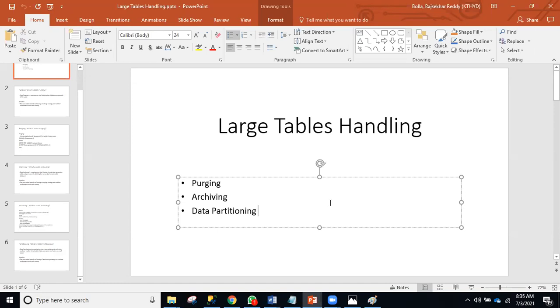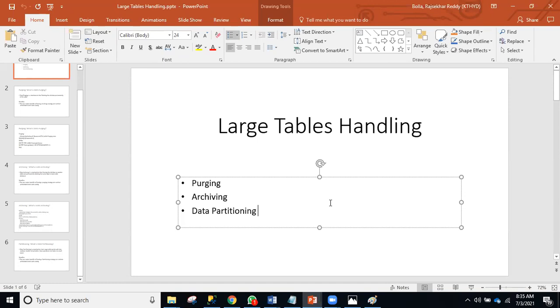For example, for employee, you can create one more table, employee dot archive, with the same structure, and copy that old data into it or into another database. Whenever they want that data, they can join these two tables and retrieve it. So that is the archival solution.